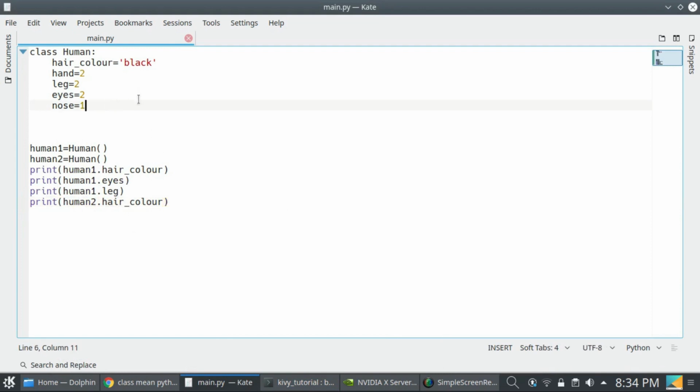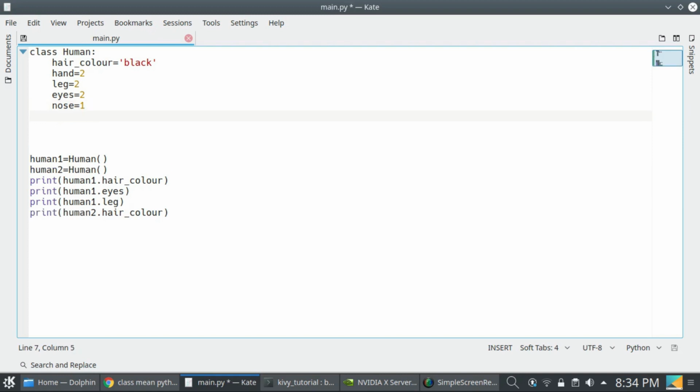Now let's define some method in the human class. To define a method in the human class, you can define like this: def, my function, my method.